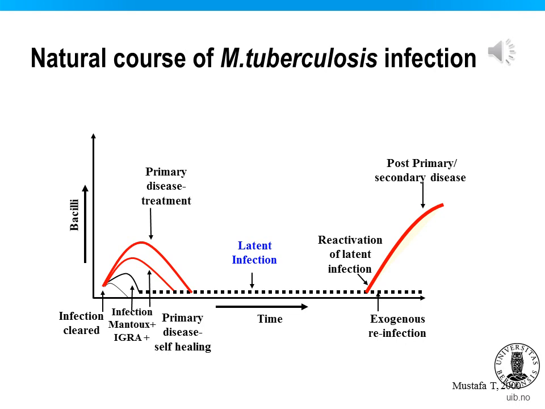Post-primary TB occurs mostly in adults and elderly and may develop from an endogenous reactivation of latent infection or from exogenous reinfection. As it is not possible to detect a reinfection by tuberculin testing or new IGRA tests in those who have previously been infected, it cannot be determined directly whether or not exogenous reinfection or endogenous reactivation is important in the development of TB in adults.